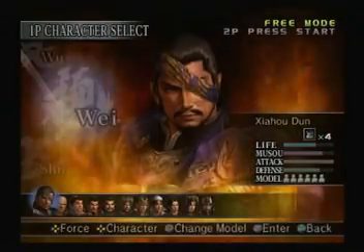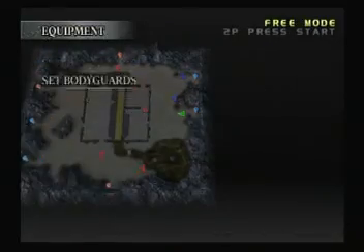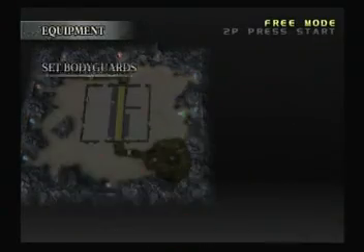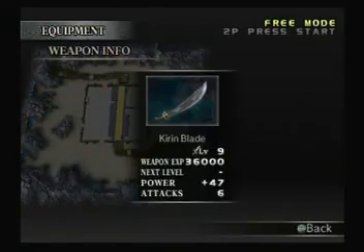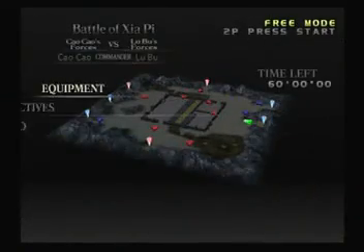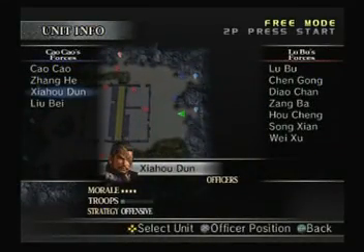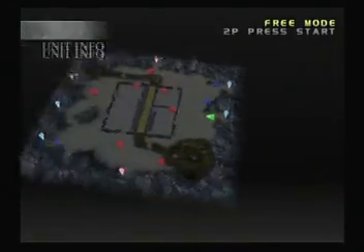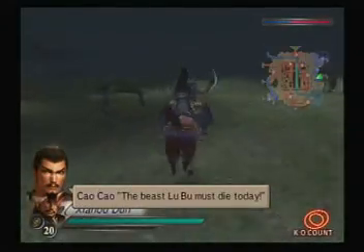And Xiahou Dun. Bodyguards can be your best friend, especially on hard mode. Okay, the first thing we need to do is trigger the cutscene where Xiahou Dun gets his eye shot out. Then we're going to go from there. Now, in terms of this weapon, I'd give it about a level 3 or 4 in terms of difficulty, because it's not really that difficult, but